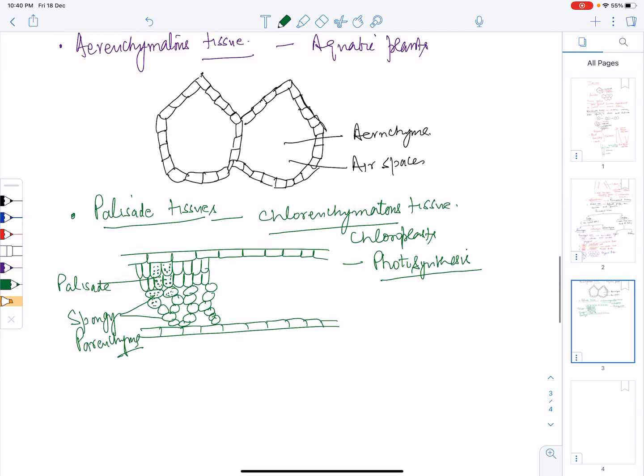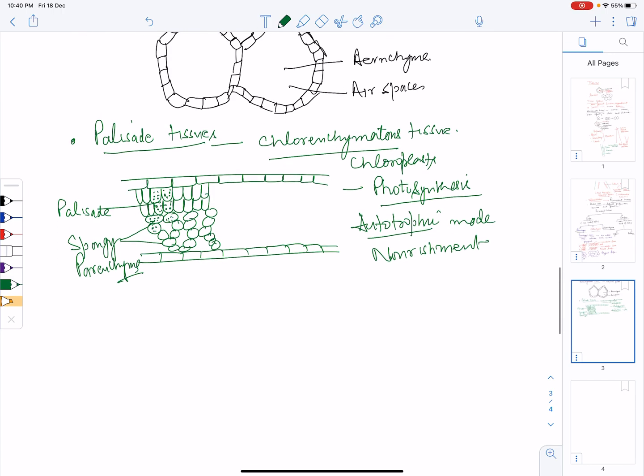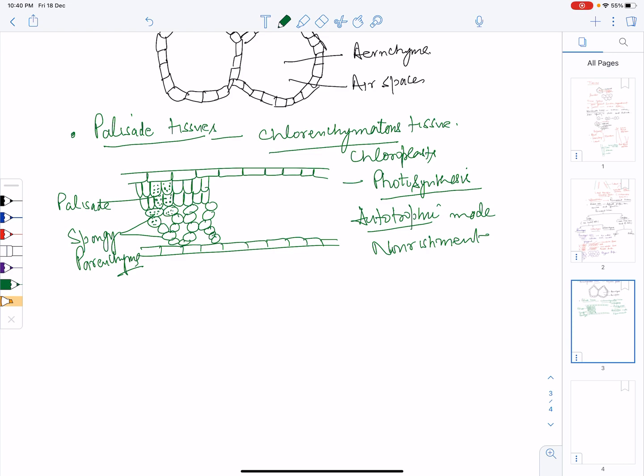And due to this chlorophyll, plants will be autotrophic in mode of nourishment, and they can make their own food. Next category is